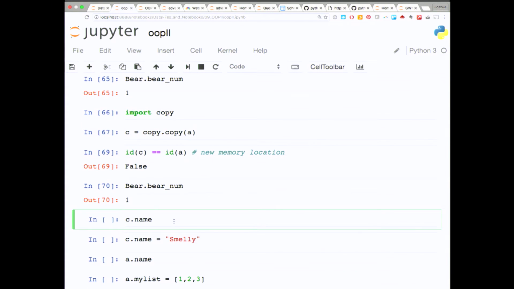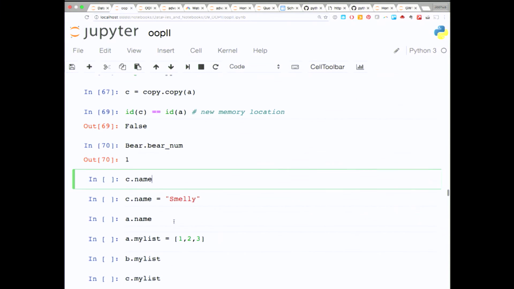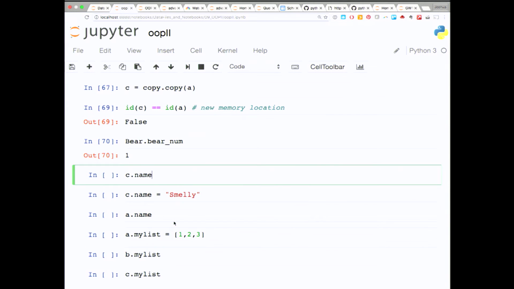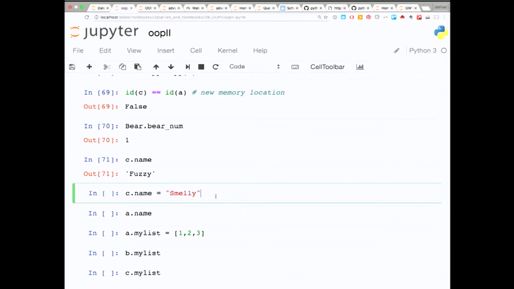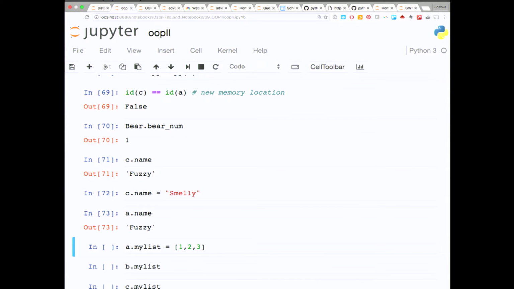What's C's name? You change the attribute of the copy. That's what we're doing on the next line. You guys are good. So C.name, I'm leading the horse to water here. C.name, fuzzy, because that's what A's name was before. Now if I say C equals smelly, what's A's name? Still fuzzy, because I just changed an attribute of an instance of type bear over here, but the original one